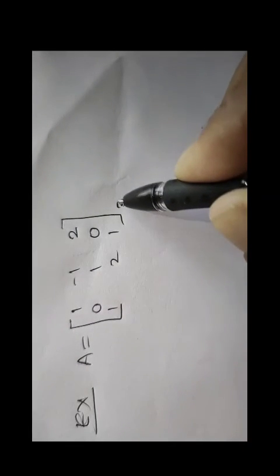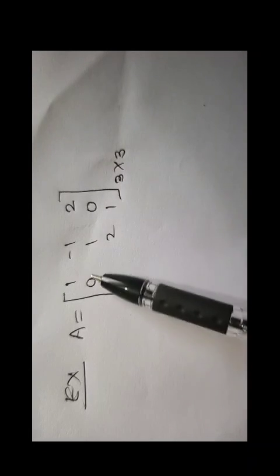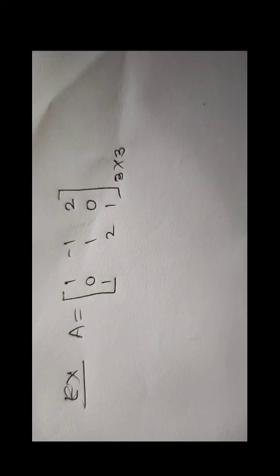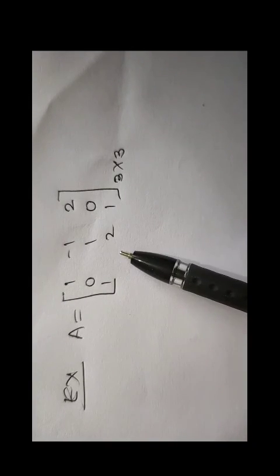This is a matrix of order 3, that means it has 3 rows and 3 columns. Listen carefully. If the matrix is a square matrix, then we can find